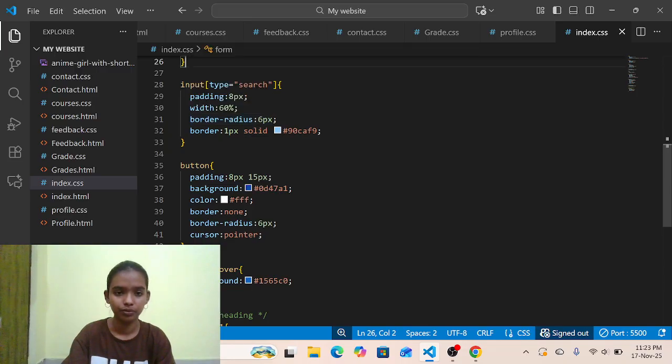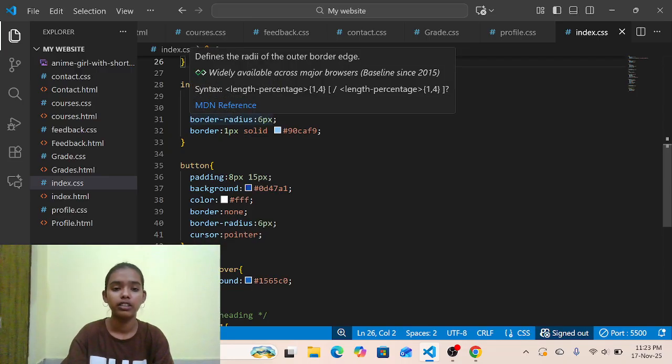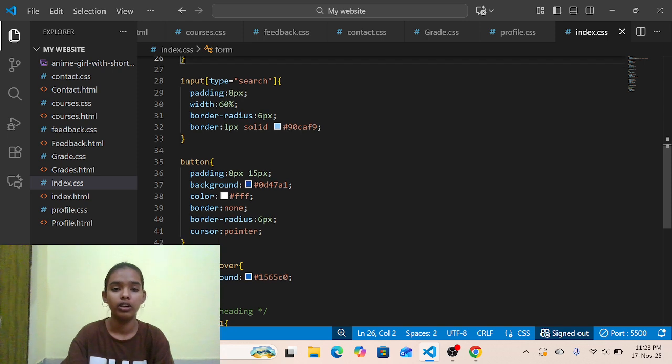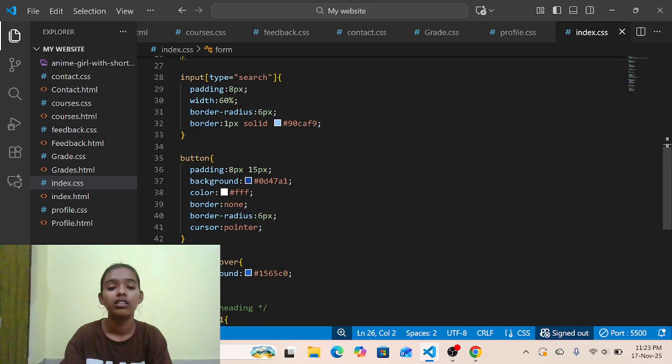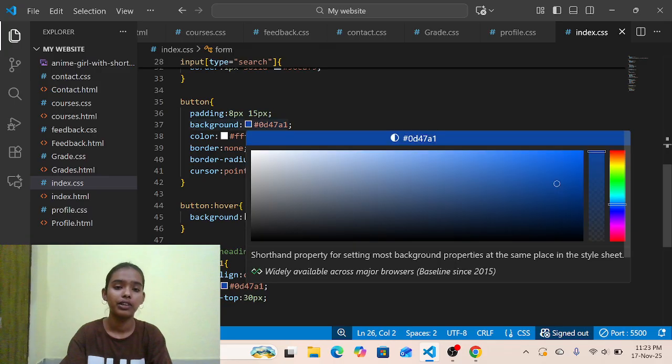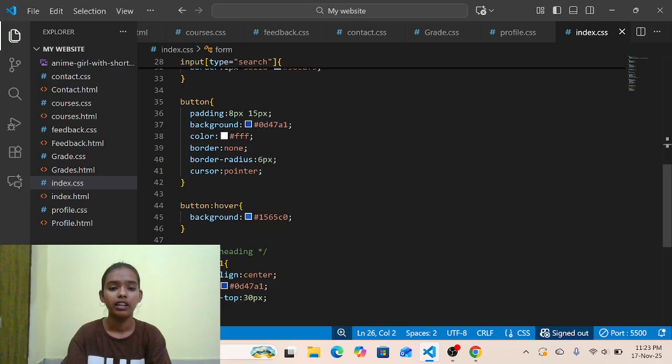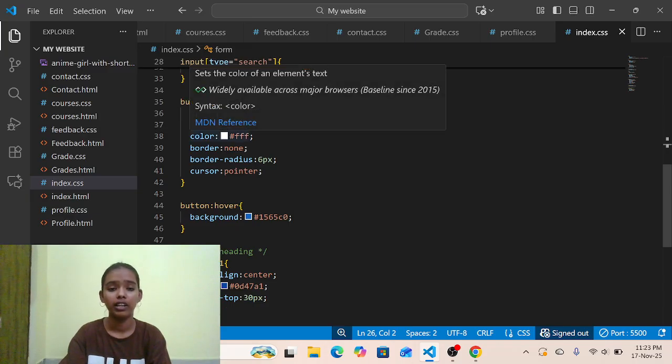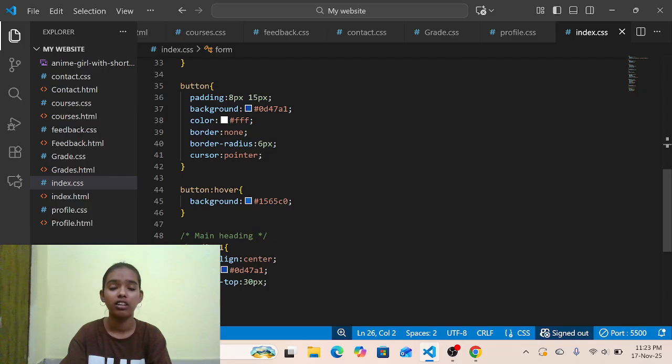For the search input: padding 8 pixels, width 60%, border radius 60 pixels, border 1 pixel solid, and the border color I take light blue. Then button: padding 8 pixels by 50 pixels, and background color blue, because our project theme is blue, so I only take blue and white colors.